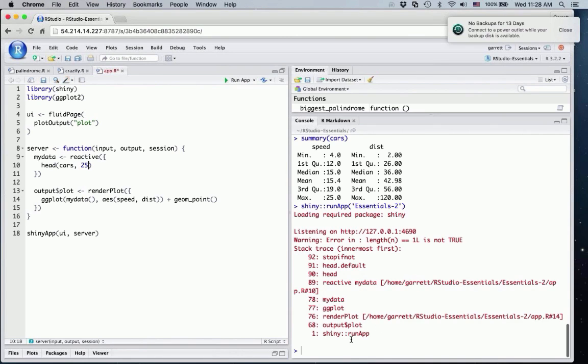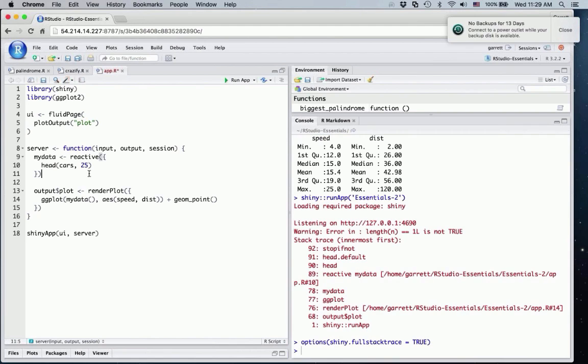You'll notice over here in the traceback that the numbers are not contiguous. It goes from 1 and jumps to 68. There's a reason for that. Shiny, to work in a reactive fashion the way it does, calls a lot of functions. Normally we feel they're probably not going to be interesting, but if you wanted to see them, you could set the option shiny.fullstacktrace to TRUE, and then the next time, if I don't fix that,